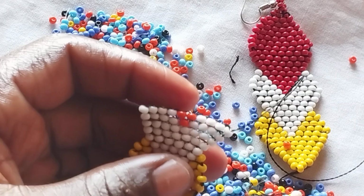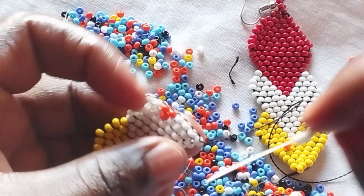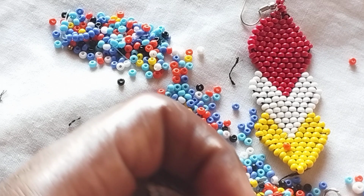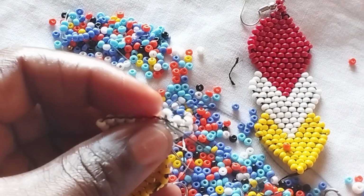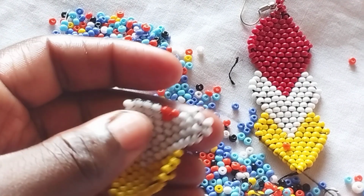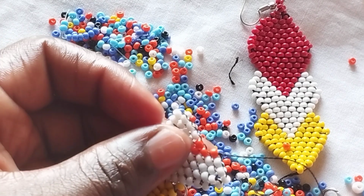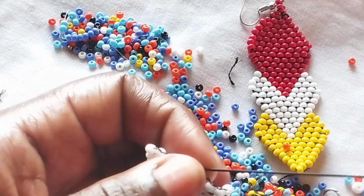So let us decrease. Decrease, I said that you start with the 2 beads, then you skip 1 loop, and insert your needle on the next loop here, and then you'll have to pull. Then you pick your bead and insert your needle on the next loop, and then you'll have to pull. We are now decreasing, guys, and then you'll have to introduce your new color, 3 new colors, that is orange. As you can see here what we are doing,